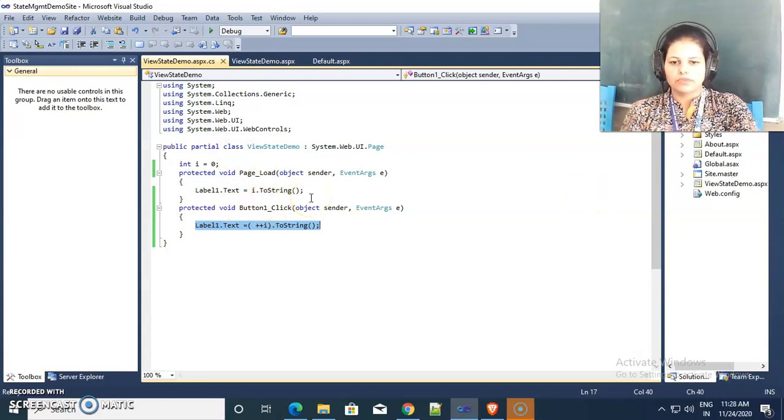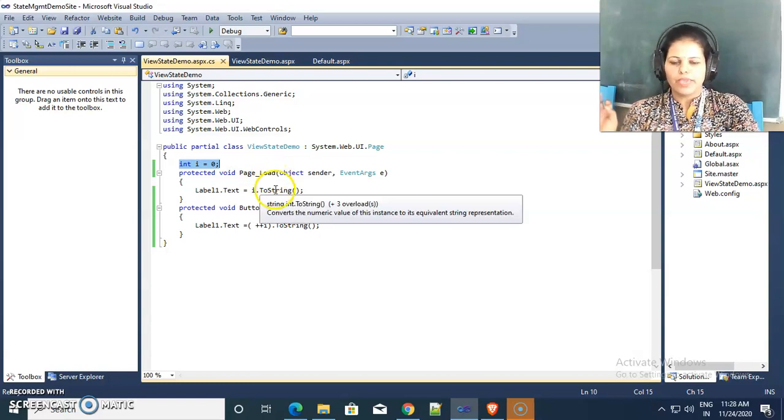What is the sequence? If you know the page life cycle, you may understand what happens behind this code. Whenever we click on the button, the initialization will be executed first, and then page load will be executed.